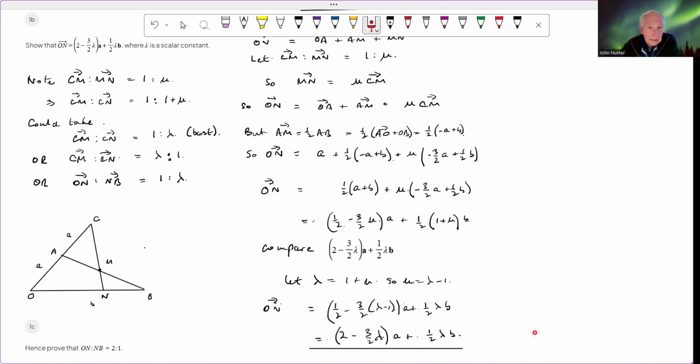And I think the point I'm getting to is we could have chosen anything. We chose CM to MN is 1 to mu, so CM to CN is 1 to 1 plus mu. But we could have taken CM to CN equals 1 to whatever. If we chose lambda, it would have worked out perfectly first time. Probably would never even have realized that it was potentially difficult. We would have stumbled across the right ratio to take. But equally, we could have taken CM to CN is lambda to 1,